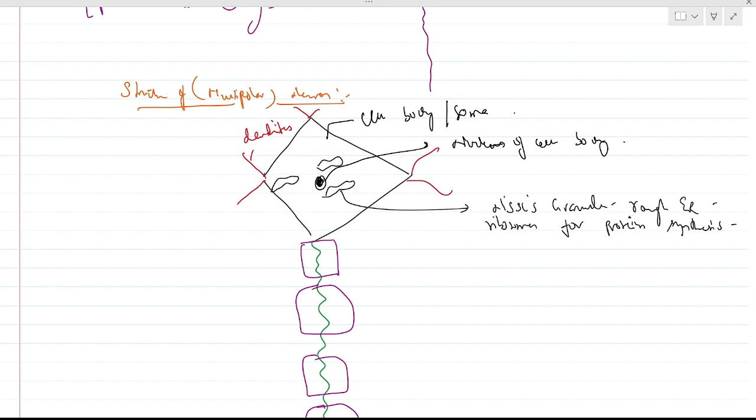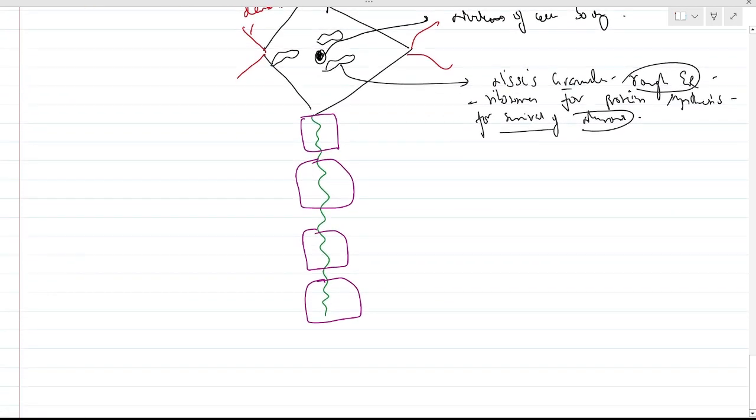Why is this protein synthesis required? For survival of neurons. Very simple. For survival of neurons, proteins are required which are synthesized by Nissl's granules in the soma. What are these Nissl's granules? Rough endoplasmic reticulum containing ribosomes. Okay, clear? Now moving on from the cell body, having completed the cell body, to a discussion on